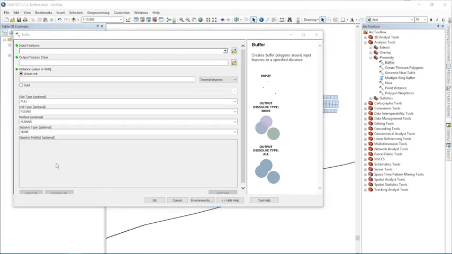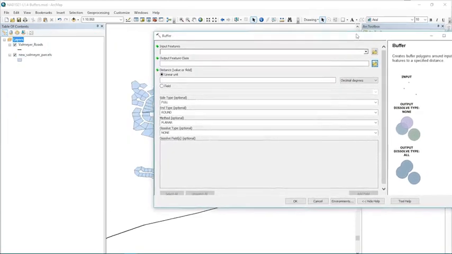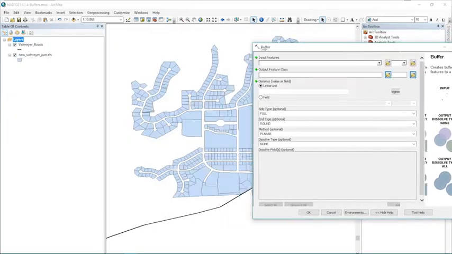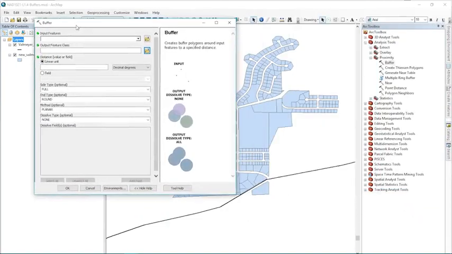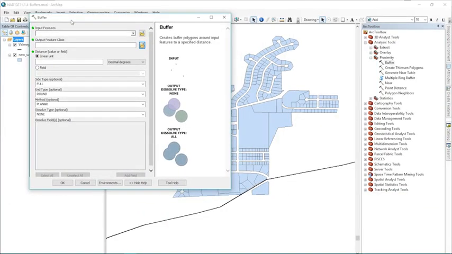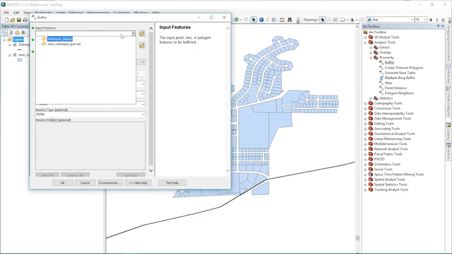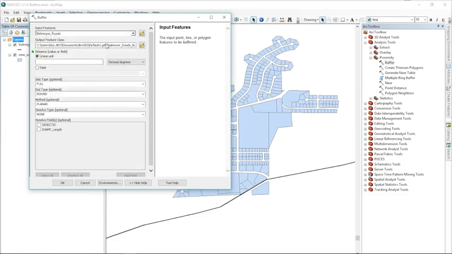So this is one of the more complicated geoprocessing dialogues we've seen in these courses, but it's actually pretty simple if we go take a look through it. And only a few of these are required inputs. So we have to provide input features, which are the features we're developing the buffer away from. In this case, if I want to find out which parcels are near the road, I need to buffer the road. So I'm going to put in the Valmeyer roads layer as my input features,